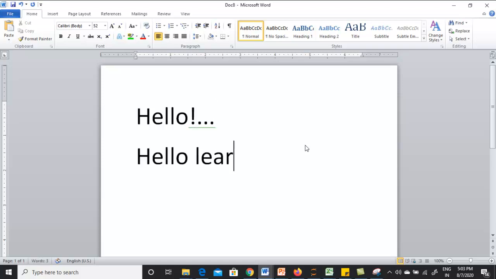Hello, learners. Purposefully I am changing the spelling of it. Now, when I type some other word and press the spacebar, you could see a red mark over here. What does it mean? Microsoft Word, at the back, is running a spell checker. The spell checker will check the correctness of each and every word by mapping it into the dictionary at the back. The dictionary will have the list of all words that are supported by the corresponding language. This is not supported and hence you are thrown with the error.